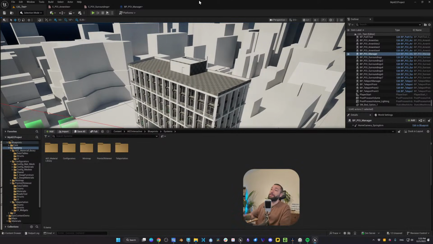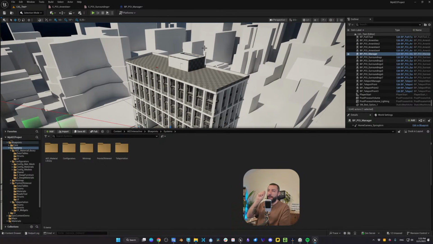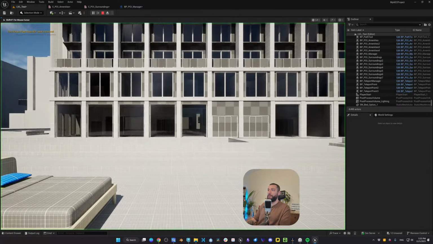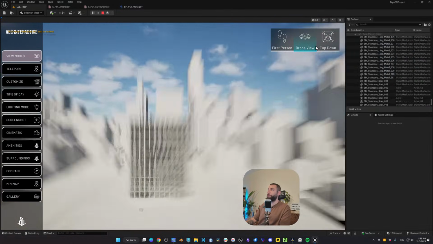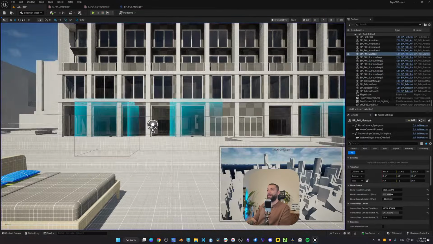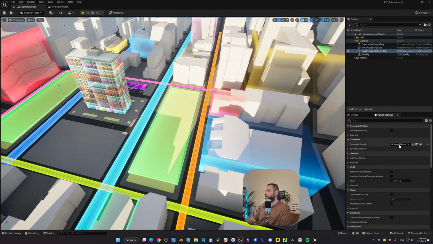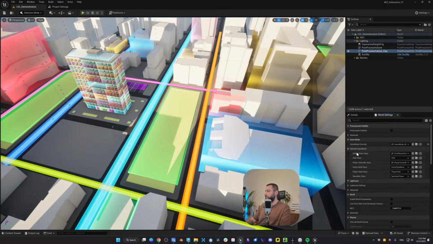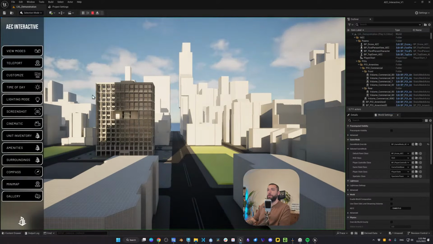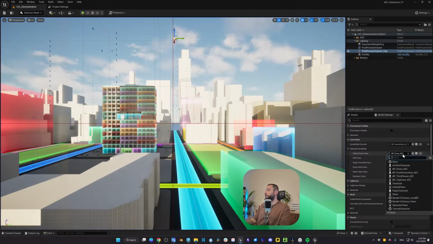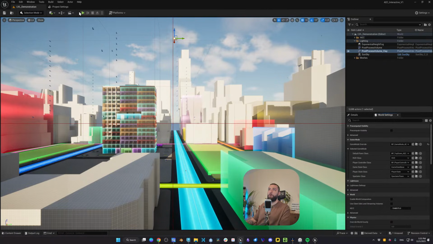Here we are today. And of course, as you saw, we have a minor bug, which is actually super annoying. I don't know why, but the view mode should be a specific view mode. In 5.4 here, let's just test it together. If I switch this to drone, is it gonna work? Yeah, it works. If I switch this to top down, click on play, it's top down.